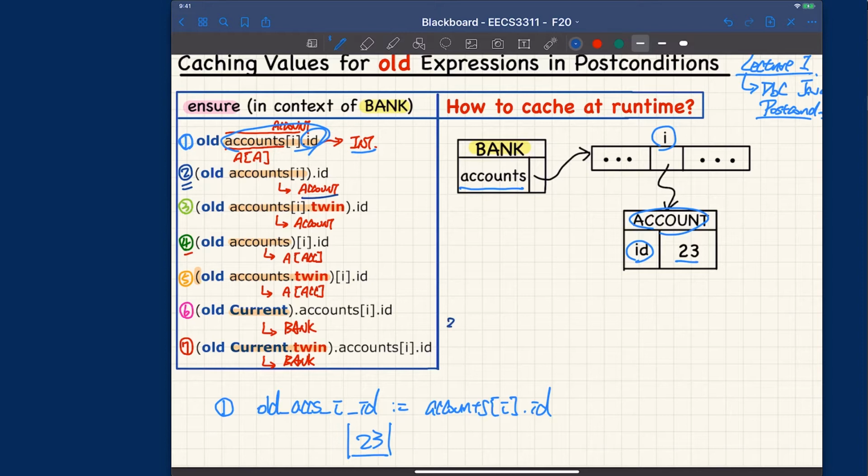So for number 2, it's going to be old accounts ID. Oh, actually no ID because it's broken over here, right? So it's no ID. Sorry about that. It's only up to I over here. So that one there is actually going to be assigned to exactly this expression here. So it's going to be assigned to